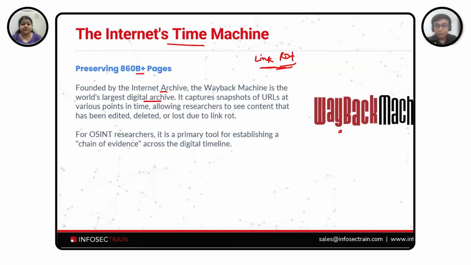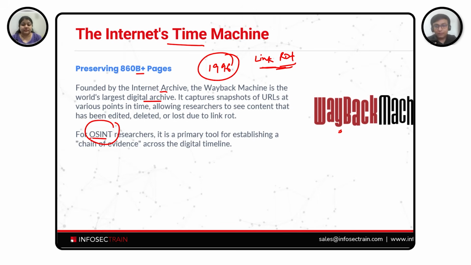It has taken snapshots of those websites on the internet, and it has been doing so since 1996. In this session, we are going to cover the Wayback Machine from an OSINT perspective, that is open